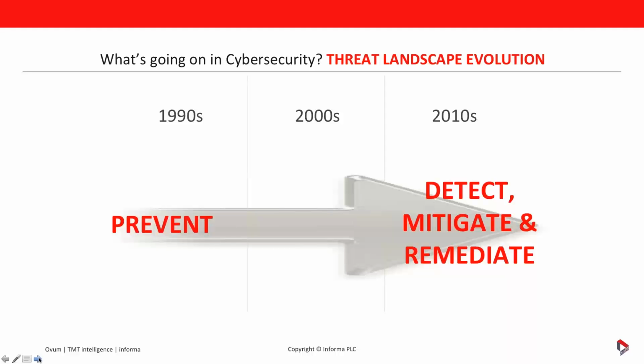Looking at the diagram, for me, the changeover between if you keep all the layers of protection in place, you'll be safe, and detect, mitigate, and remediate requirements happened round about the March 2011 timeline, when RSA suffered its advanced